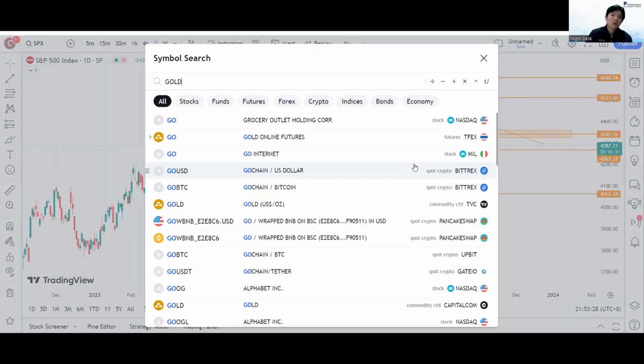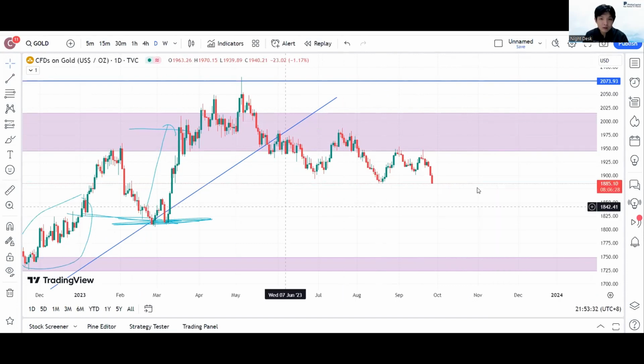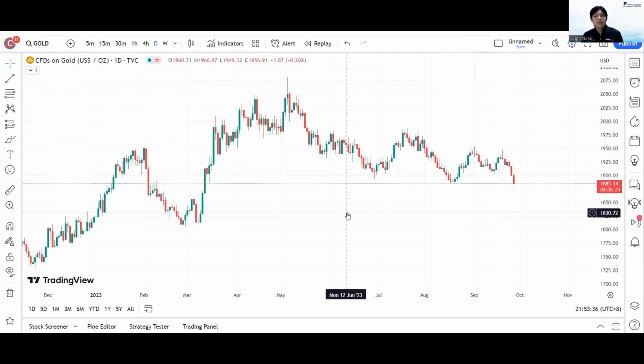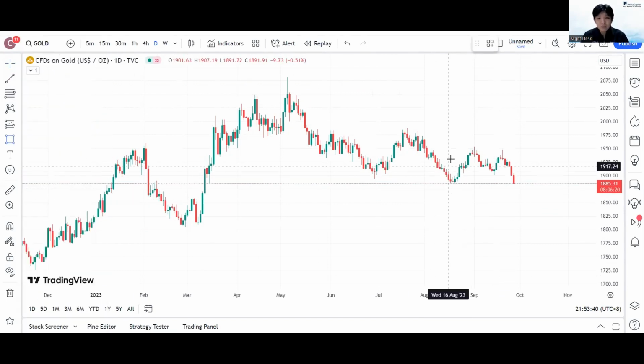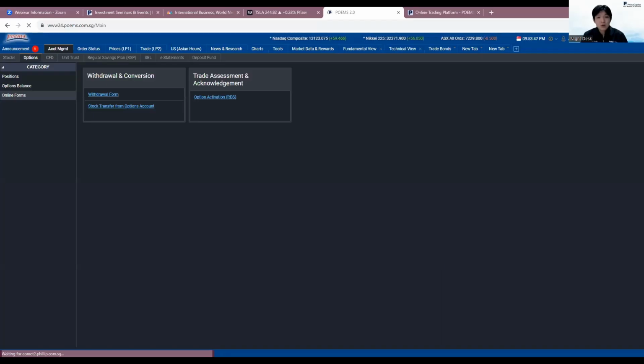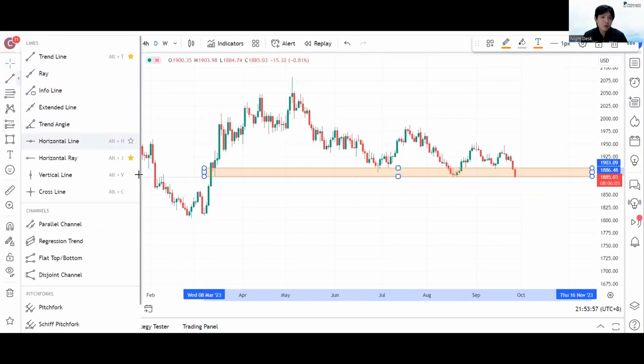So with that, I will go into gold. Hang on, let me just remove the drawings. Gold also on the daily time frame, D1. Wait, just let me take a look at it. The demand level where they currently are, I don't think they will hold at this level itself. This was the last level that they broke away from, which was at